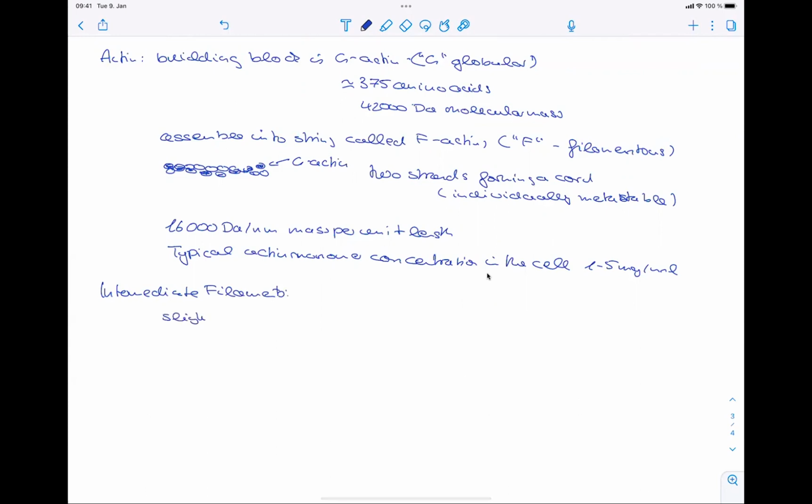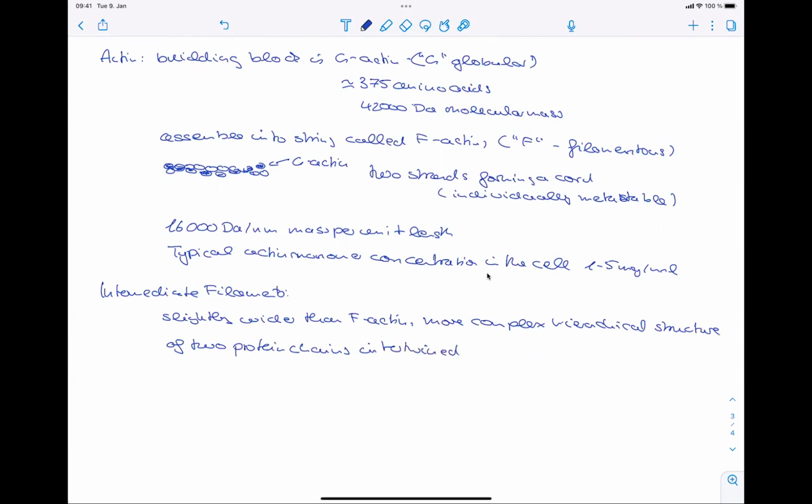They are slightly wider than F-actin. They also have a more complex hierarchical structure where we have two protein chains intertwined into a helix,